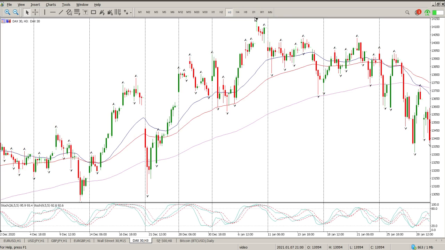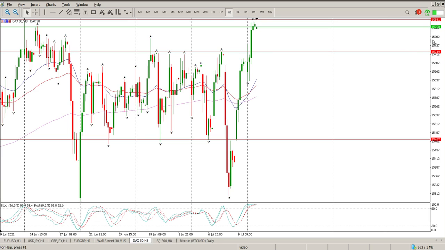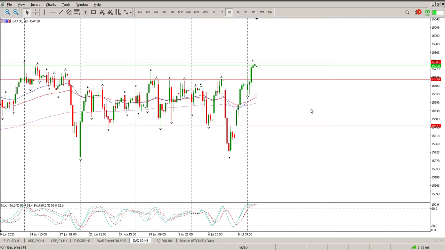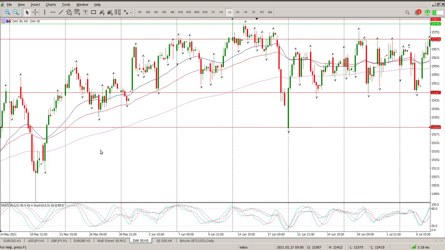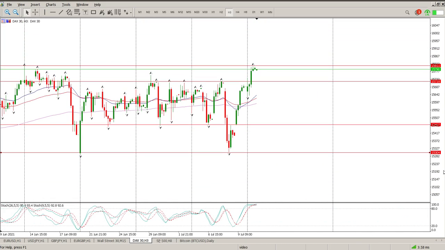If we just move down to the 3 hour, you'll see why all the excitement. If you look at it, below the bottom of the range, above the top of the previous range, and here's the range at the moment. But that is, to me, the bigger range top. And this down here will more than likely be the bigger range bottom. So that's the view that I have at the moment. Look at the oscillators at the moment. Not an area I want to be long at the moment.